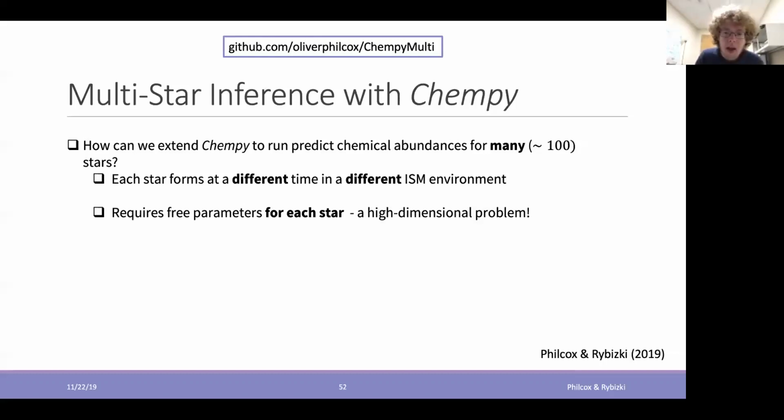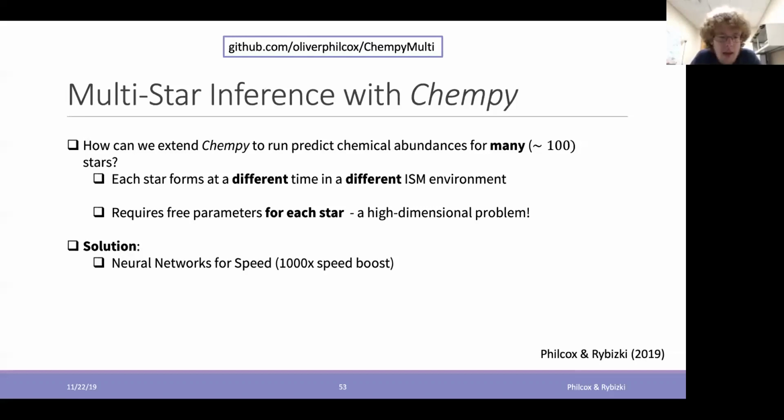Okay. So as I said, this is a pretty high dimensional problem. Effectively, we're trying to do 400 dimensional Monte Carlo sampling. Now, for anyone familiar with Monte Carlo and Markov chain Monte Carlo in particular, this is pretty difficult. So we have a solution, and it's a 2-part solution.